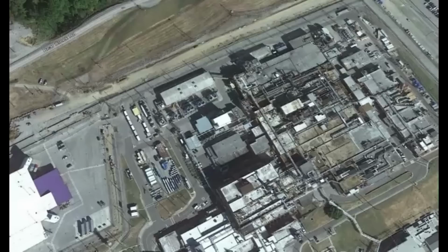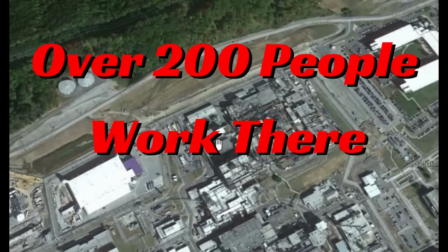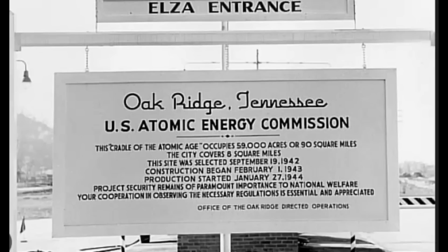The National Nuclear Security Advisor, Steve Wyatt, said that there was no threat of nuclear radiation to the outside community, that everything was contained here. There's no word on injuries to the employees there. There's no word if any are missing. The fire evidently started at 9:15 a.m. One of the spokespersons there, as of 1 p.m. local time, said normal operating procedures had resumed in other areas of Y-12, but not there at